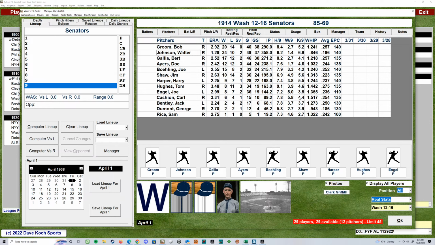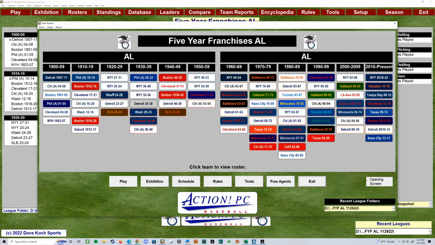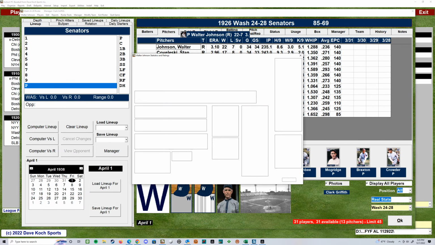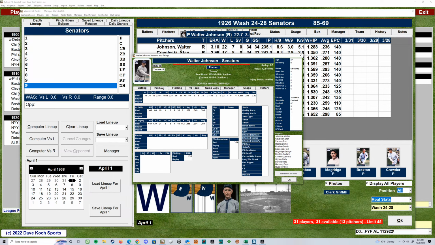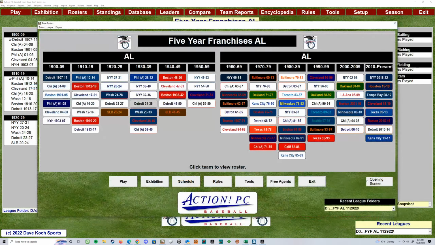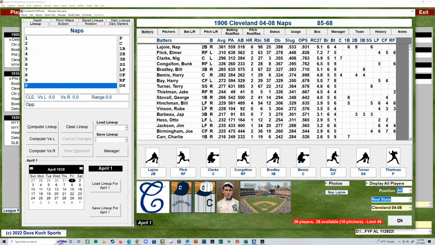Pretty darn good. We got Walter there. It's funny, I did some of the early. This Washington team was one that I actually did photos for, like an old team, trying to colorize and do stuff. So yeah, there's Walter Johnson. Barney. Just trying to highlight some of the different ones here that maybe you wouldn't think of in a greatest team file. Well, Cleveland, early Cleveland team here with Nap Lajoie over here, Elmer Flick. This guy could hit a little bit right here.